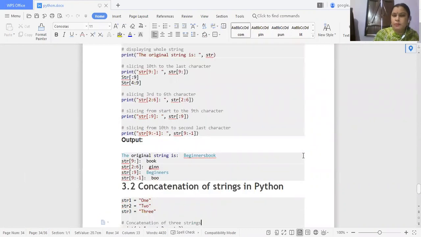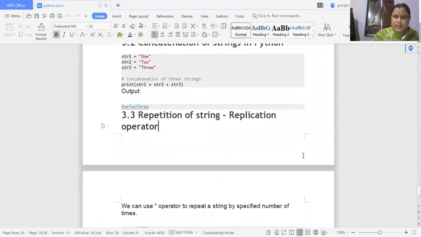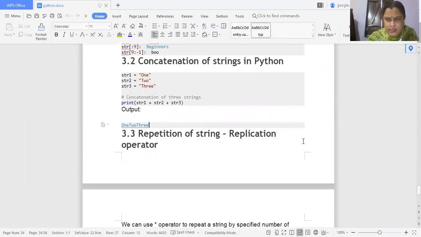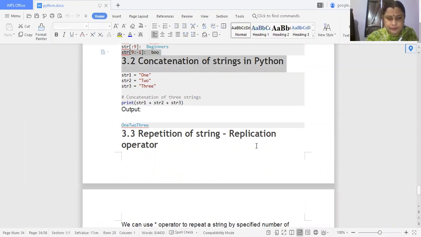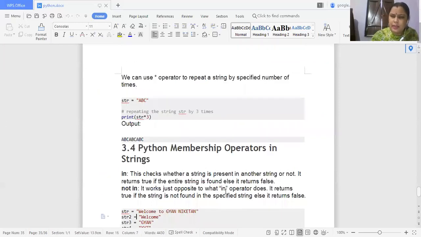Means we can perform concatenation in string data, replication in string data, and other relational operators, like greater than, smaller than, and the membership operation in string data.